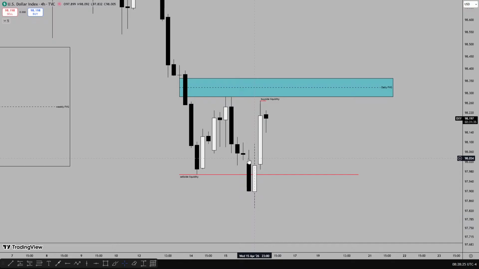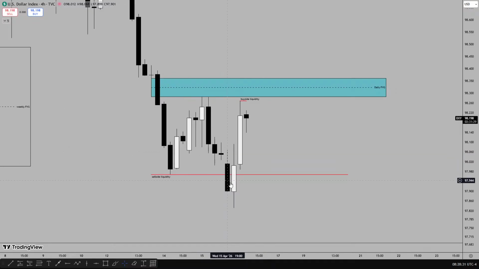We know that there's no point of interest in price to use as a support, which most likely means there will be a counter trend that might lead to a retracement to the daily fair value gap. And based off a power of three, from the opening price, price took out a sell side liquidity, traded above the opening price, which was around the closing price of the 4 hour candle, which was around 2 a.m.